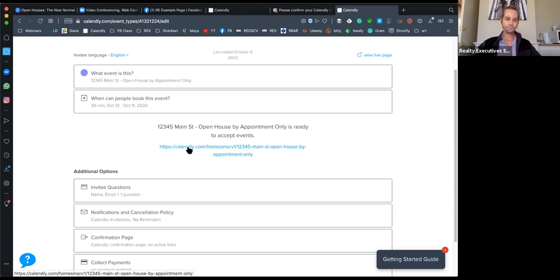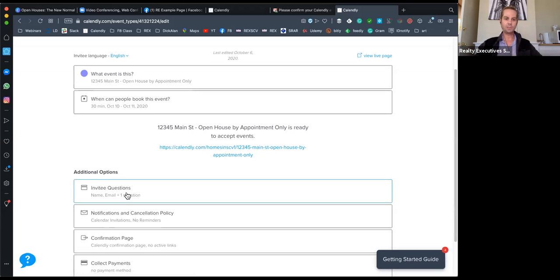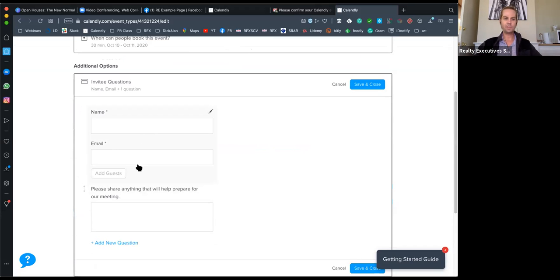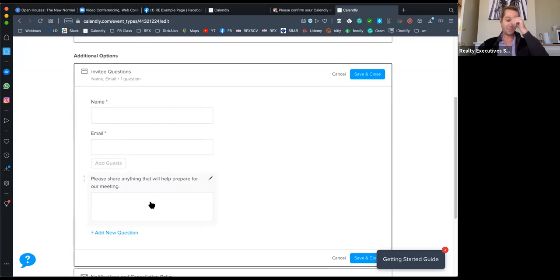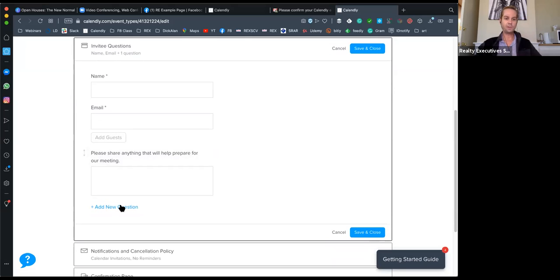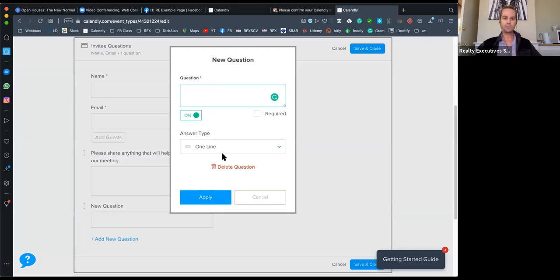All right. But before we go and take a look at that, I mentioned how you could add the phone number area in there. So let's take a look right down here in these additional options in the invitee questions. We have our name and email, which are mandatory, and then we have a question or comment section. So we want to add a new question for the phone number. We're going to type in phone,